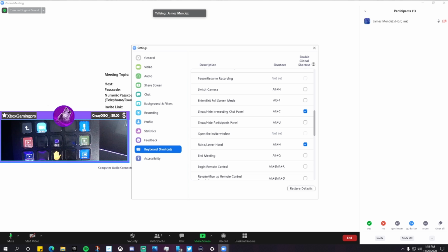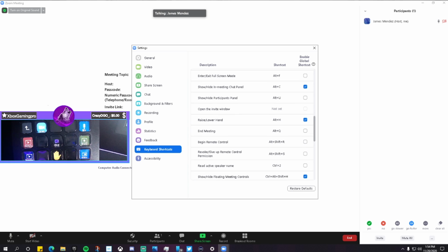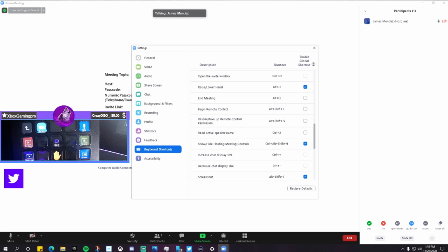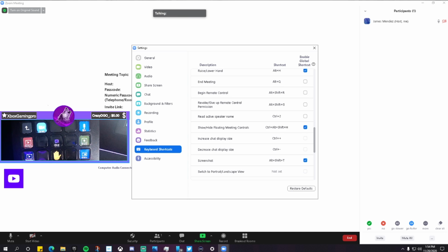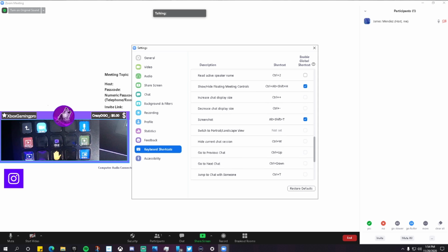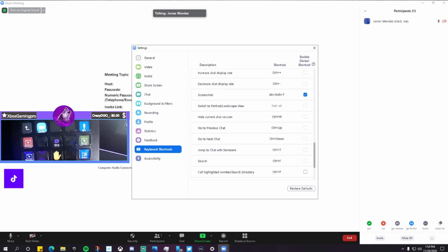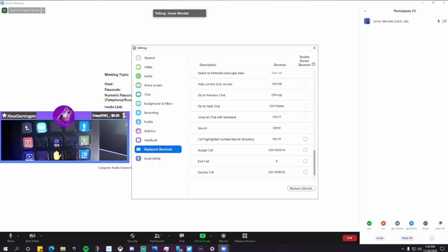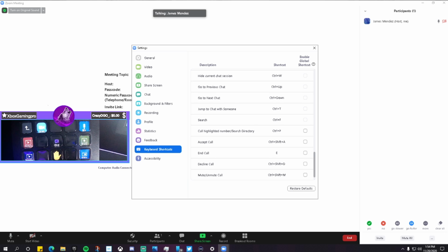or enter or exit full screen mode, show or hide the chat panel or the participants panel, open invite window, end the meeting, begin remote control, read active speaker name, you could screenshot, they could go to previous chat, they could go to next chat, jump to chat with someone, search,